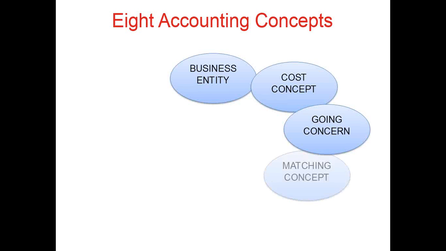Matching concept states that revenues will be recorded when earned and expenses when incurred. Now this is where the cash and net income sometimes go down different paths. And I know this isn't going to make a lot of sense right at this moment, but we will see how it works. Sometimes a company sells something and does not get paid immediately for it. Might be a month or two later. Accounts receivable. See the difference between revenue and cash?